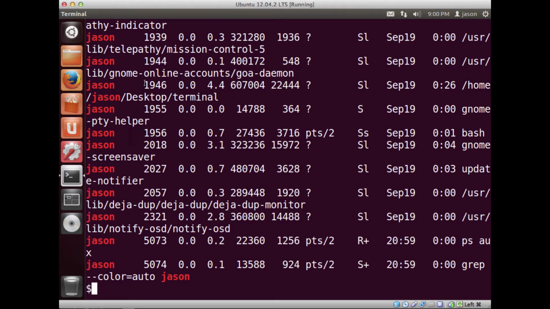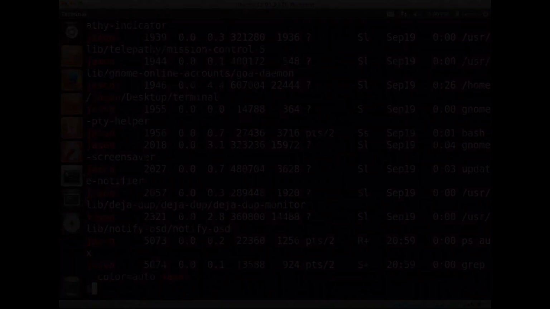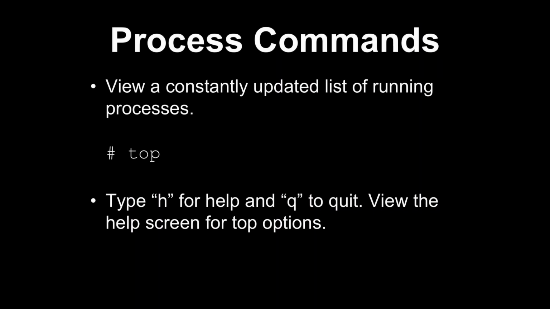So how else can we get information on the system? This is just a snapshot, but what if I want to see a continually running view of processes on a Unix system? One of the commands you can use is the top command, and top will give you a regularly updated view of all of the processes on a Unix system. It's pretty helpful, and it looks an awful lot like the process viewer on Windows in the sense that it shows you the name of everything,